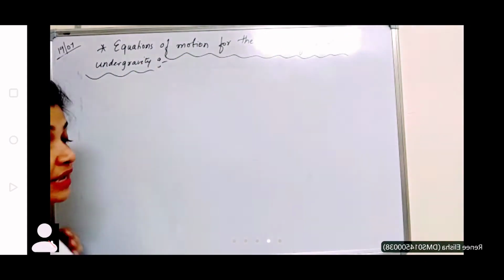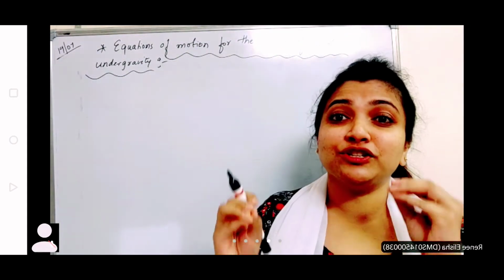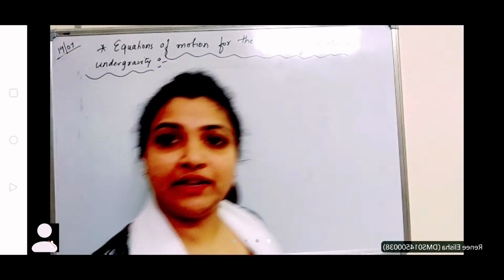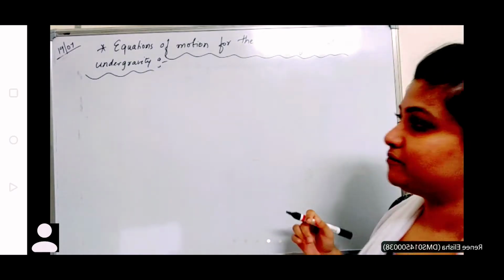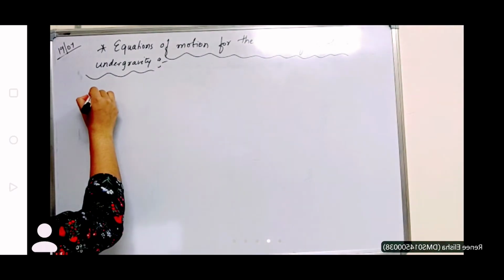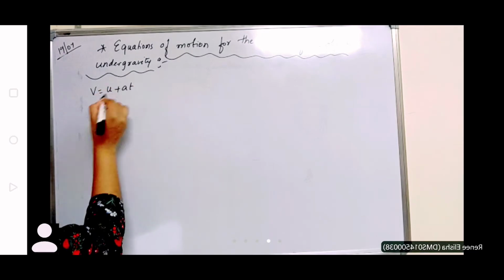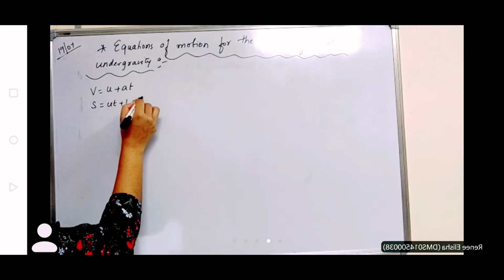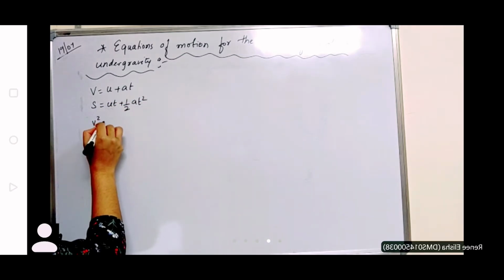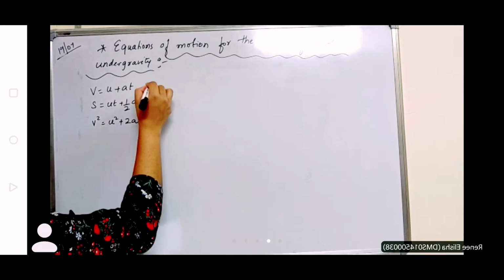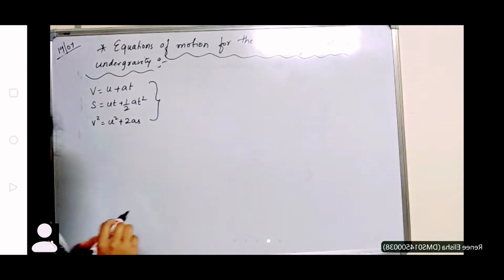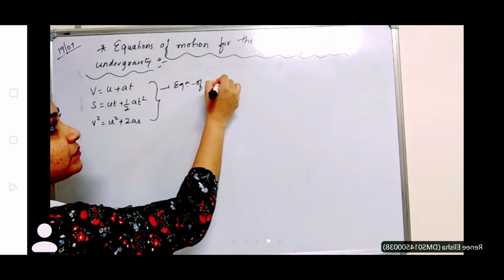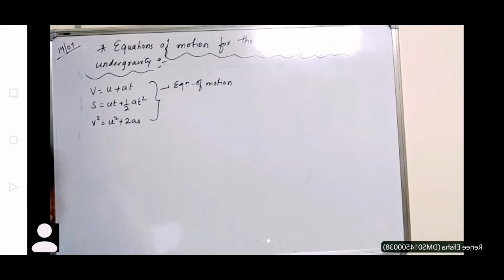Now, when I'm talking about equations of motion, what are the three equations of motion that we have studied? One is to get the velocity-time equation, v is equal to u plus at. Then s is equal to ut plus half at square. And v square is equal to u square plus 2as. These were the equations of motion which we had previously studied, right? And there's one more, like a shortcut: displacement is v plus u by 2 multiplied by t